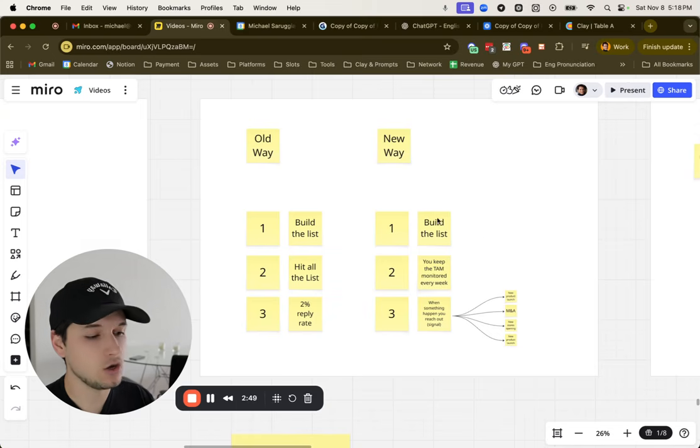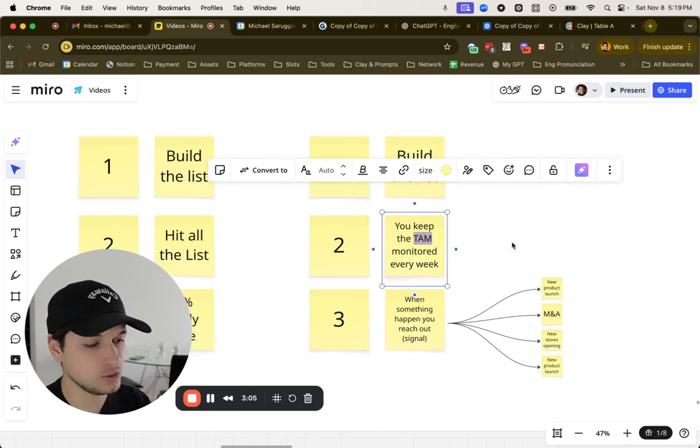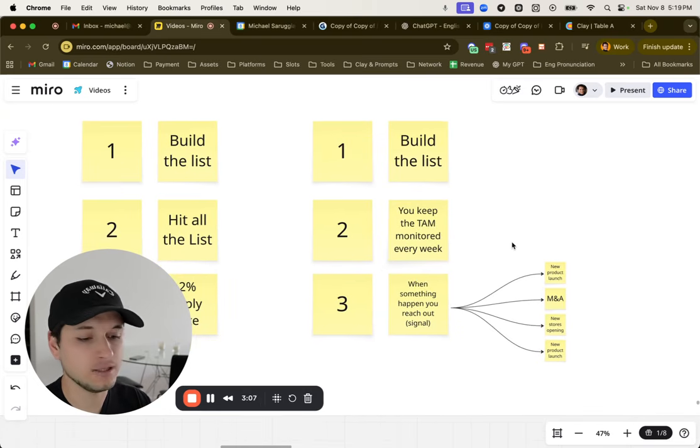The new way is I still build the list, in this case of all the dentists in Manhattan, and then I keep track and monitor the entire TAM using sales intelligence tools like Clay.com. By TAM, I mean the list of all the domains of companies you can sell to, which is probably one of the best exercises you can make to create a very powerful business development motion.